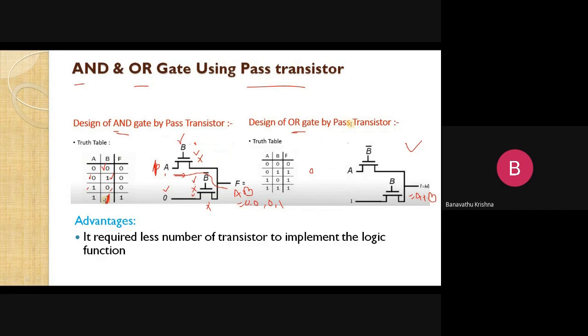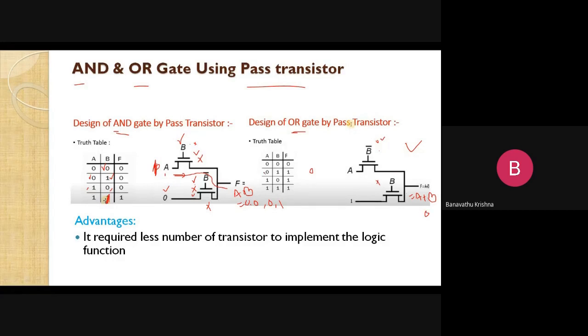Okay, here B is 0. So it is going to be on. It is going to be on condition, right? And it is going to be off condition, right? So then A is 0 means just simply 0 is passed at the output side. 0 plus 0, 0 like here, right?